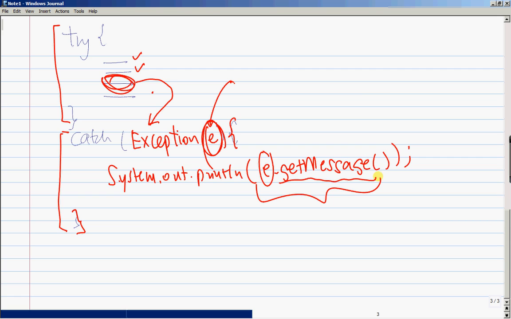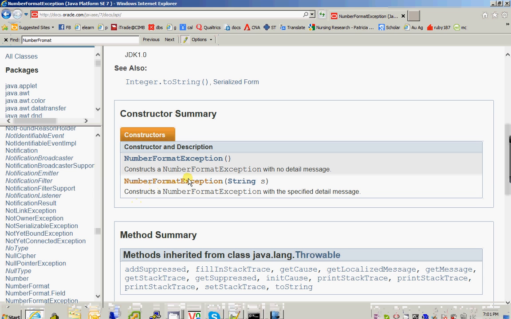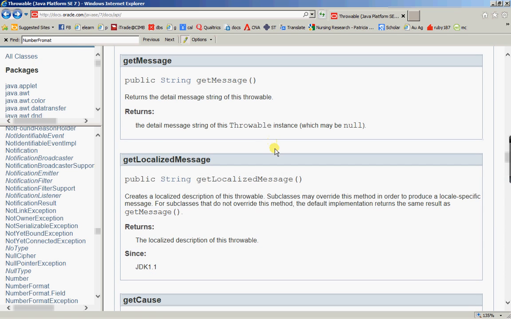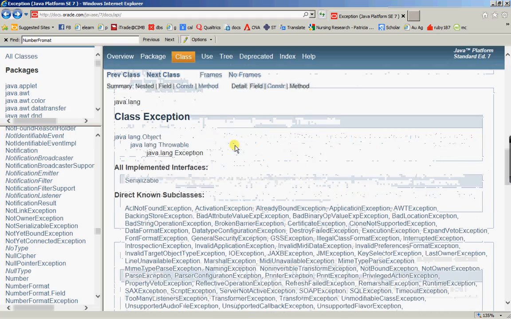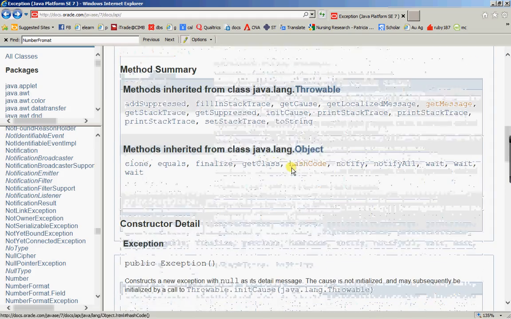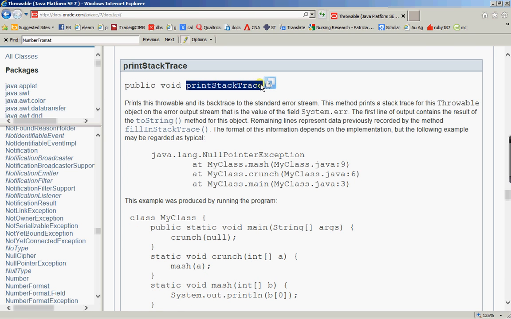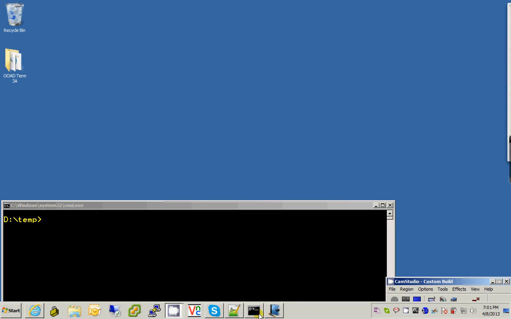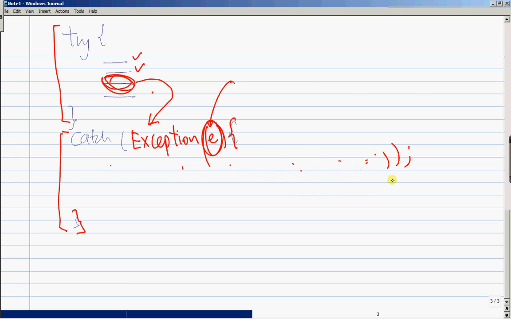Now another useful method usually used for debugging, of the exception object, is printStackTrace. Okay, I'm looking at exception here. Okay, printStackTrace. I saw it just now. Here it is. Right, printStackTrace returns nothing, but basically it prints something to the console. So printStackTrace is commonly used for debugging purposes only. Alright, it is usually not used in production code because